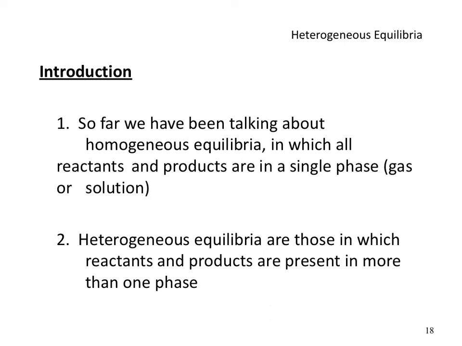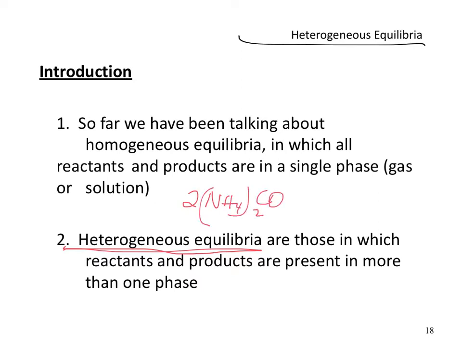Such kind of reactions in which the phases differ, they're all across the board, solids, liquids, or gases. We use the word heterogeneous equilibria for those. So heterogeneous equilibria are those in which reactants and products are present in more than one phase. Just to give you a flavor, if you have, let's say, ammonium carbonate and you heat it, and it goes through decomposition, so it gives you ammonia,